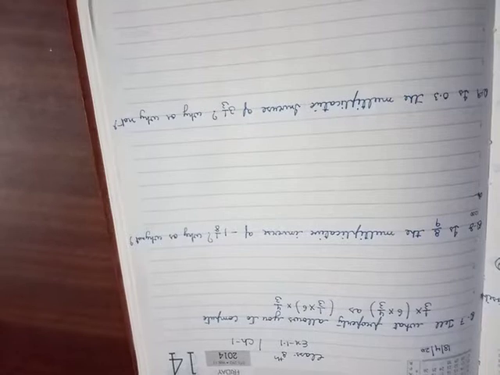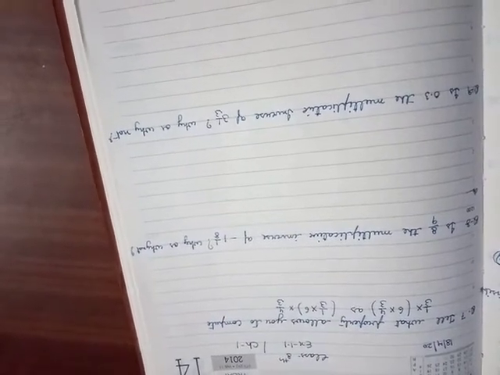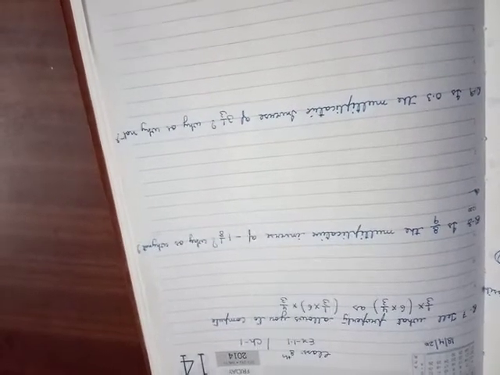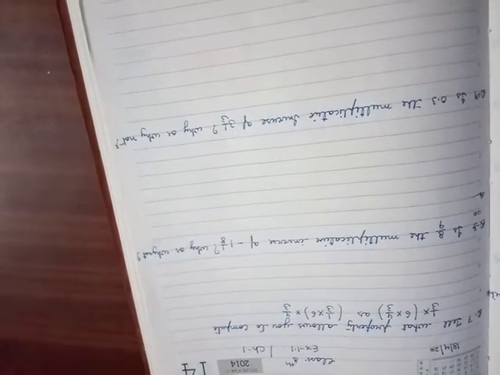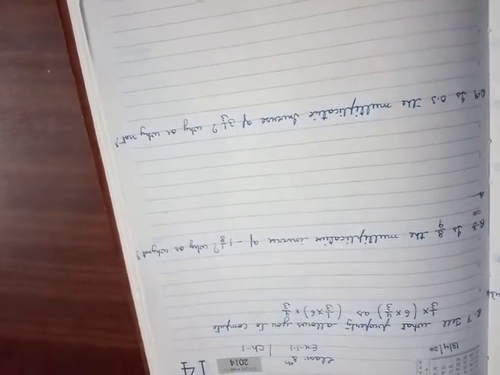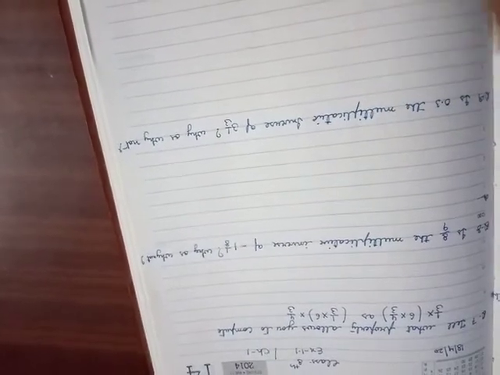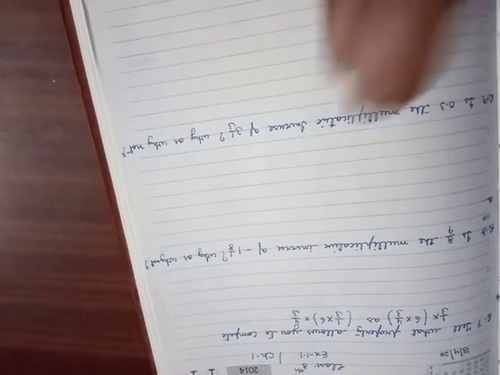Now let me start our maths period without wasting any time. Let me take today three questions, question number 7, 8 and 9. Here, question number 7 is simply: tell what property allows you to commute 1 by 3 into bracket 6 into 4 by 3 as bracket of 1 by 3 into 6 bracket into 4 by 3.